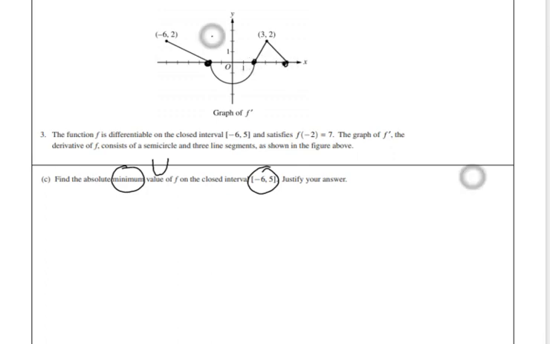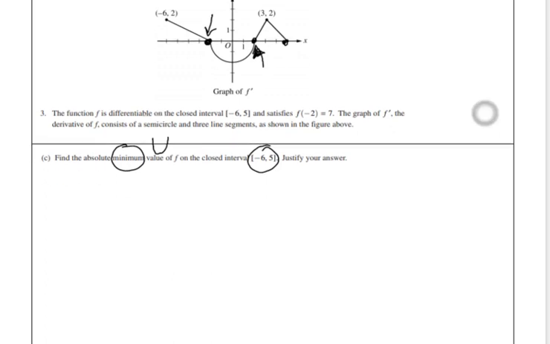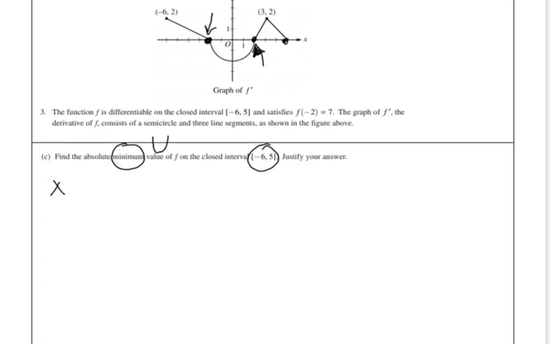For this one at x equals -2, the first derivative is changing from positive to negative. So that one actually potentially gives us a maximum value. We can include it in our table if we want to, but it's not going to be necessary because it's not going to give us a minimum value. So I don't really care about it. And then this is going to be the one that we actually care about because that one does change from negative to positive. So for our table, we're going to have x, we're going to have f of x,